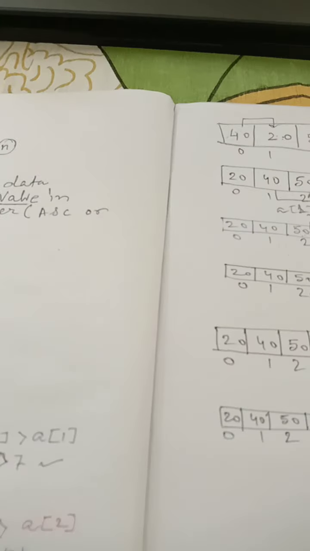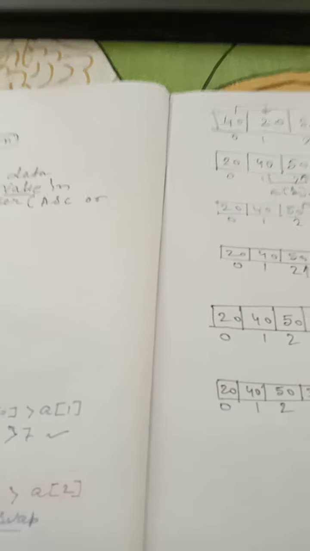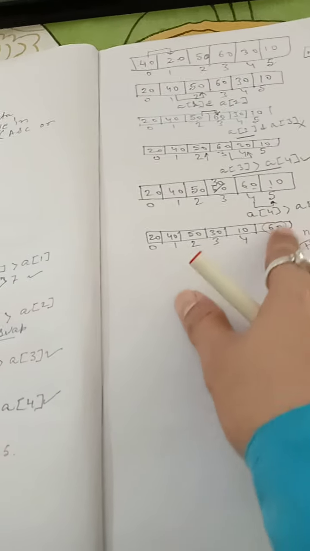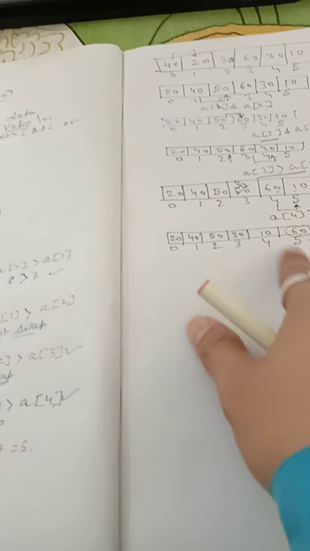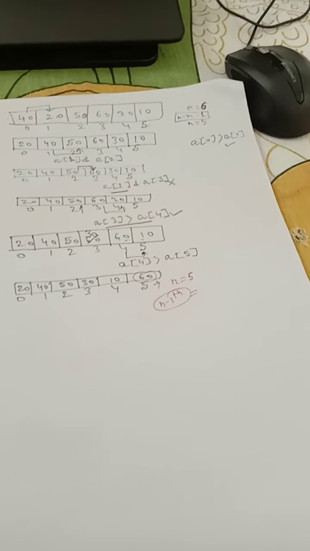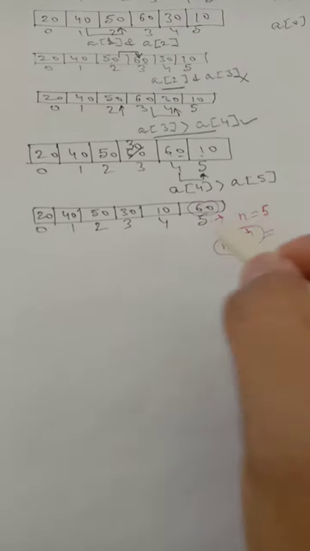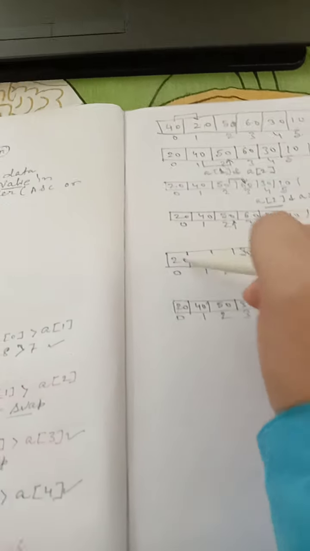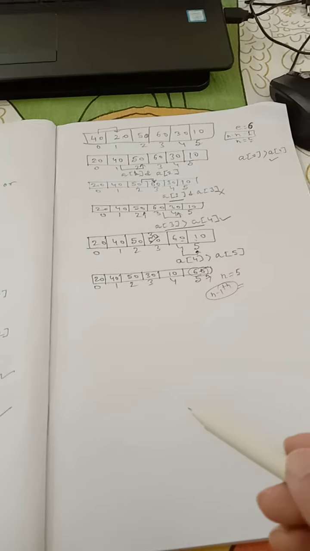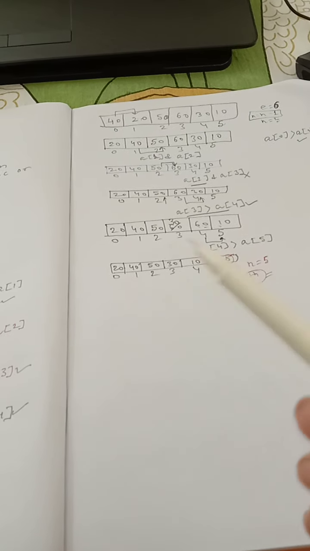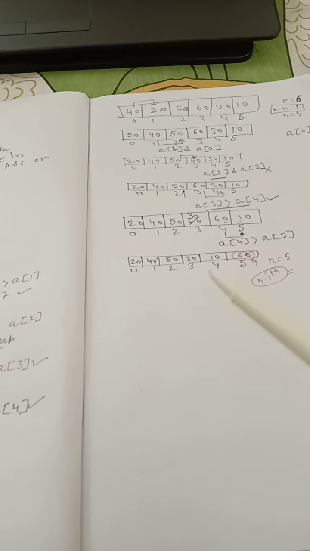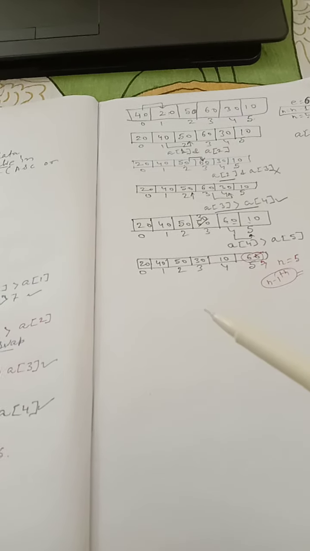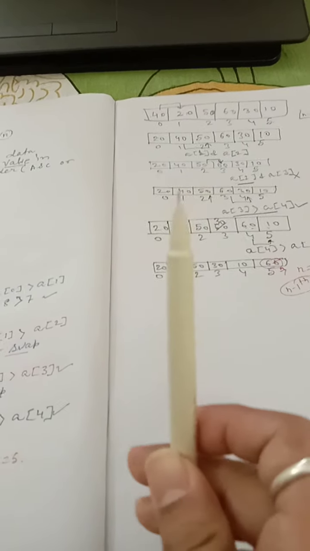That means the nth minus 1th position will be my highest position, right? Nth minus 1th position. Okay, now we actually obtain this particular element, that is the highest element, in the highest position. So 1 2 3 4 5 6, right? After 6 number of iterations of the inner loop, there will be one pass.